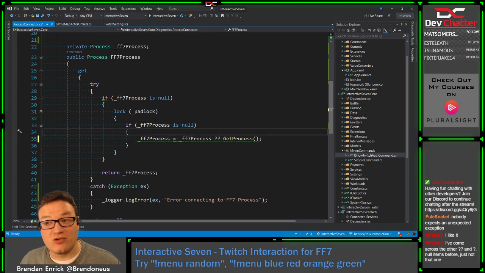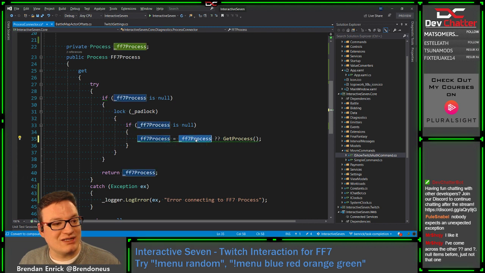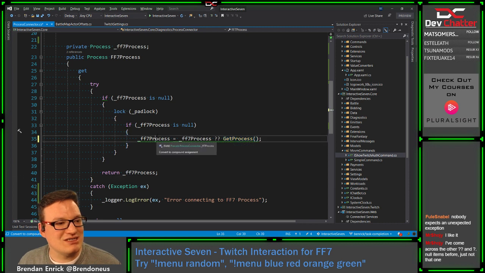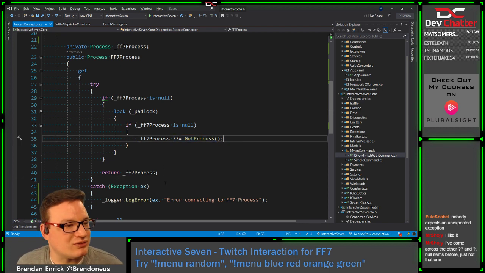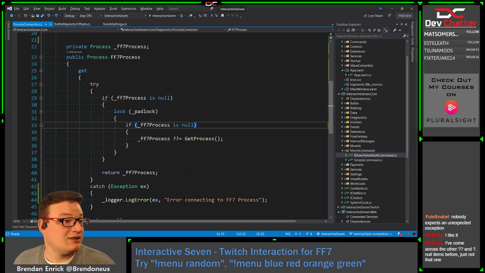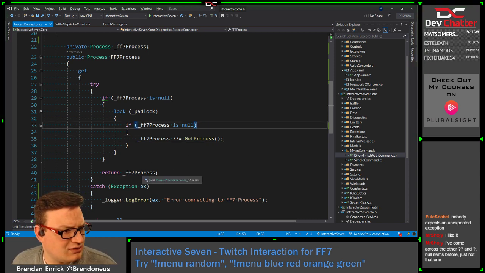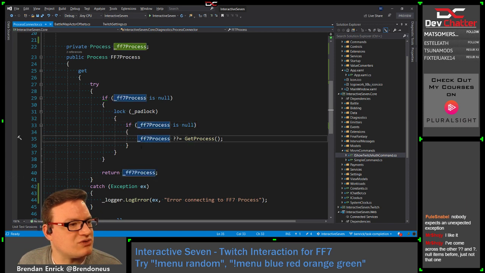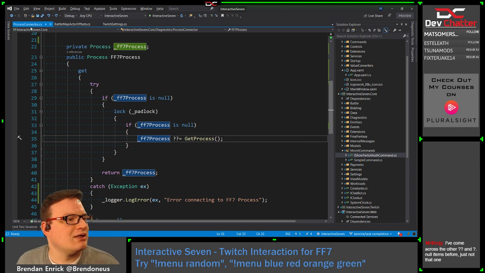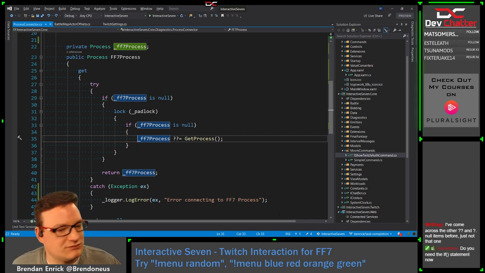So this is what we would have written before. We would have said this value and then or return this value or that. So assign to this one the value of this, and instead we're just doing that. So if that's null, assign this one into it. And actually, that's interesting. We actually could have just returned from here, and it would have undone the lock also. So we could return at that point, but there's no reason to. So, either way,